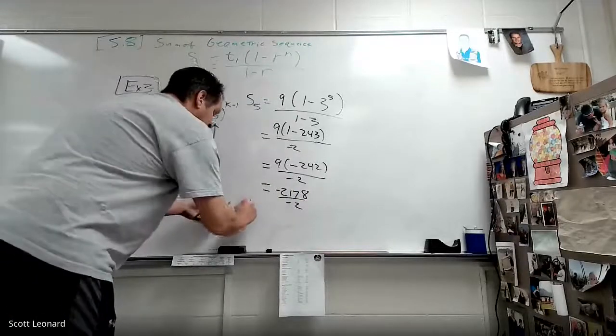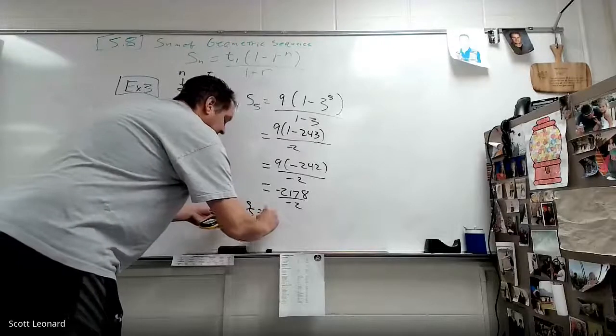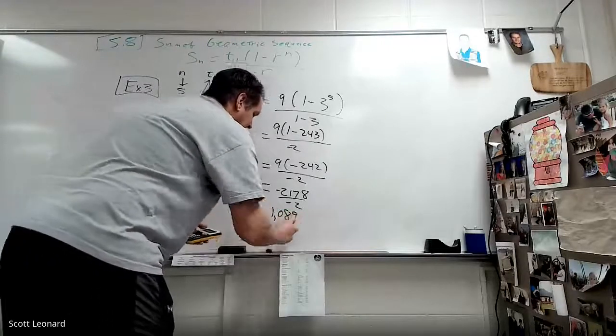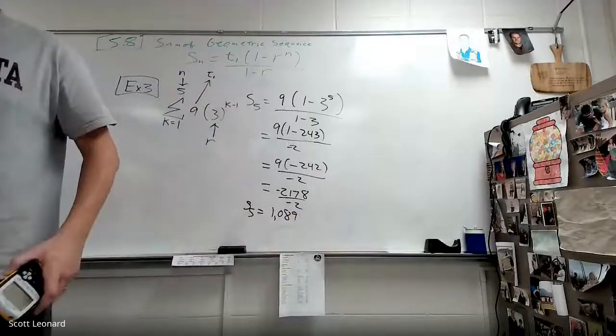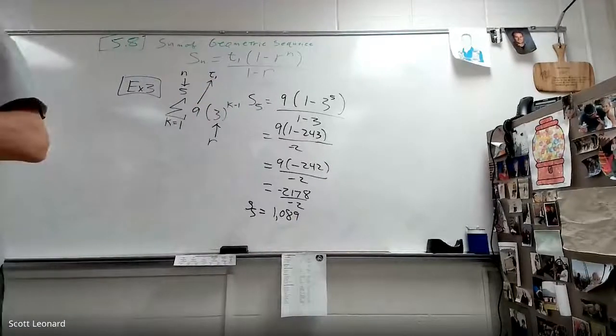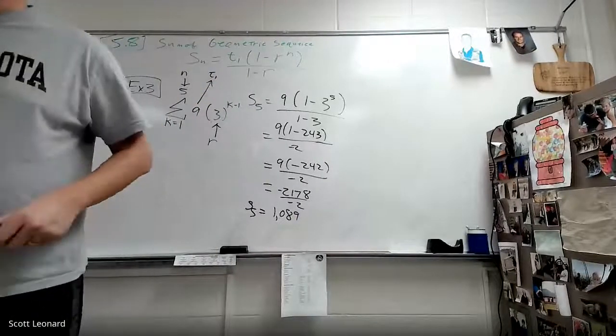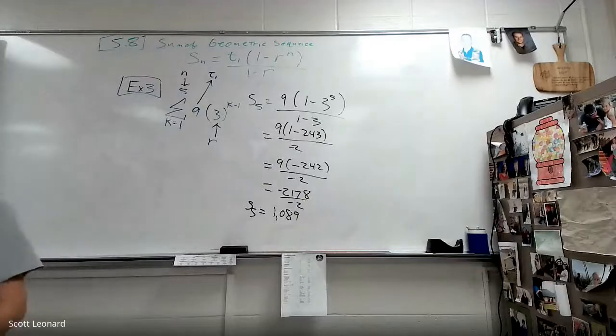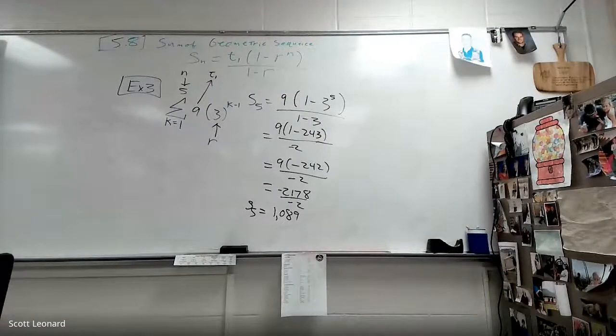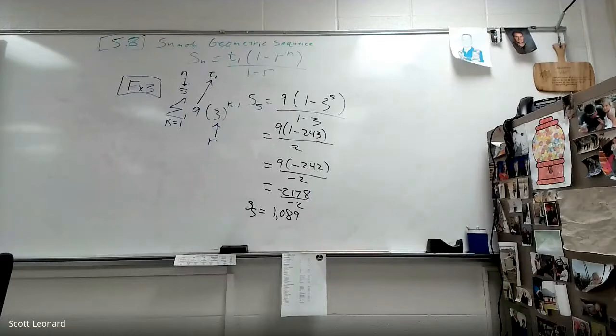The sum of the first 5 terms of this sequence will be 1,089. Does anybody have any questions on this one? Any questions? All good here. All right. So, like I said, today